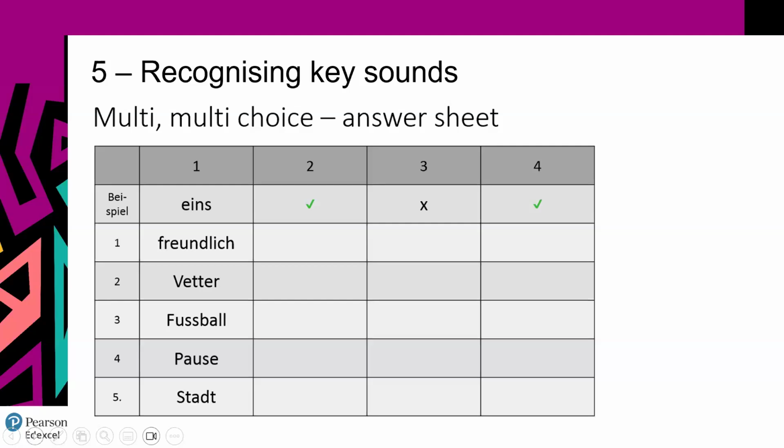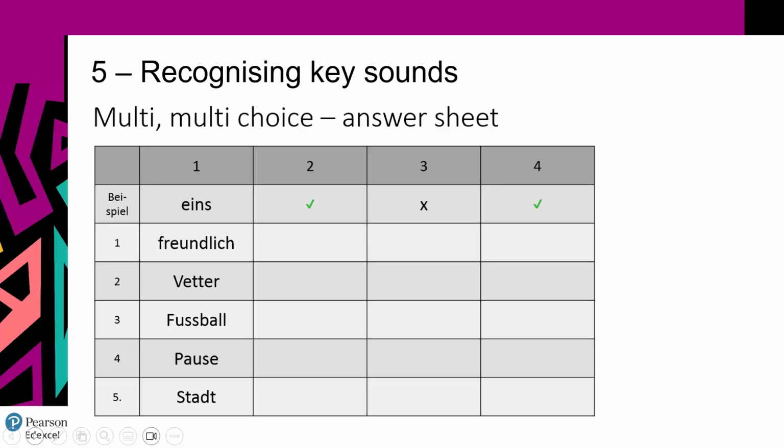I can't remember what the last one was. It was bly. So I'm going to say 3 words, and I'd like you to tick if they sound the same as eins. So mine, vier and bly. You could do that orally, or you could give them something like this